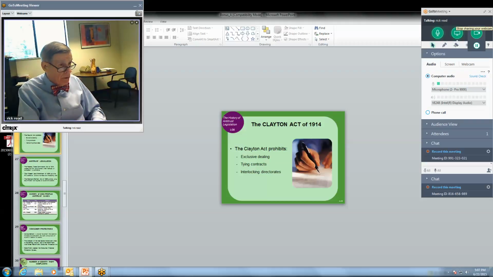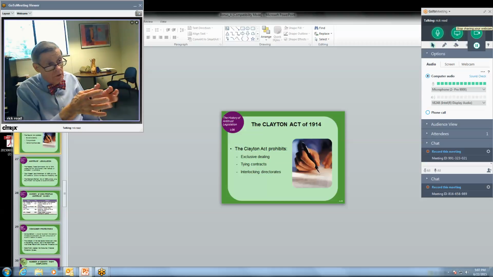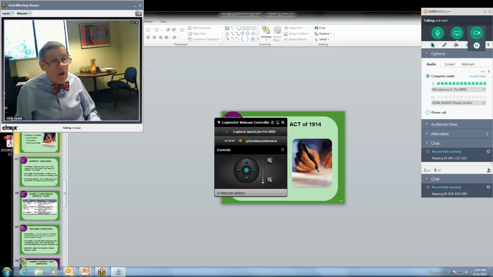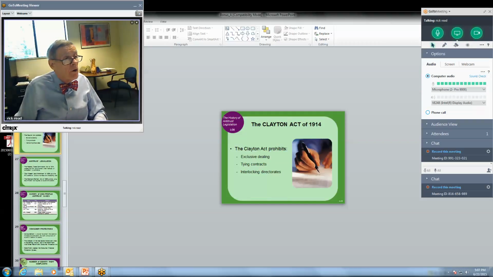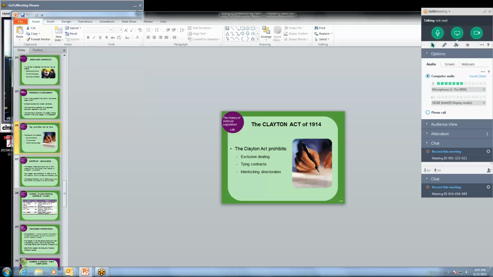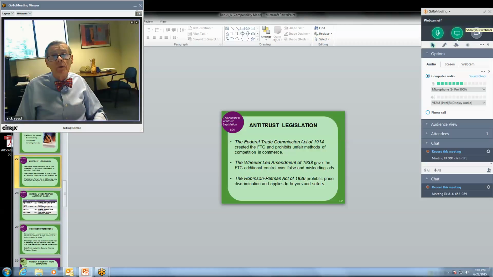This is where people just really got all together and said, okay, we're in together in this business, et cetera, et cetera. And so it was very difficult for a person who was not into these interlocking directories to compete with these large firms. This is part of antitrust legislation that happened over a period of years.